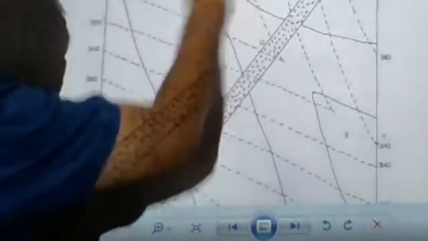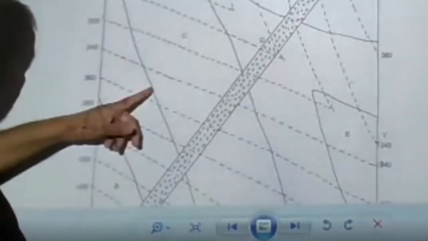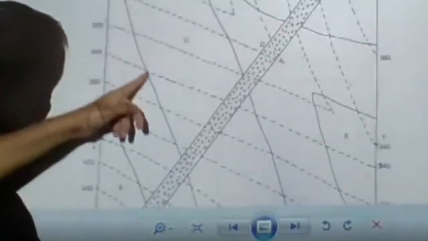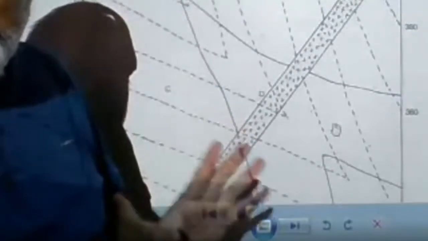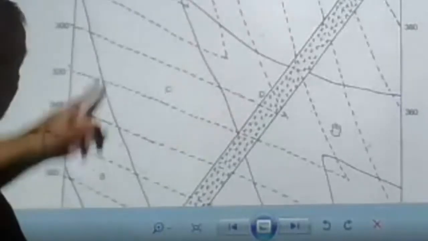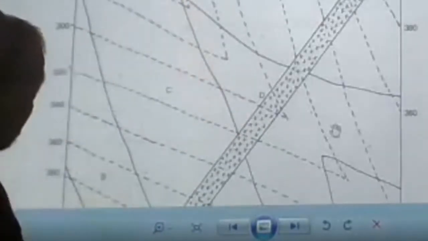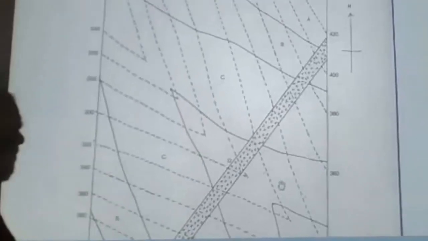Now next one, geology. I can see the names. A is written, B, C, D and E. But now what is happening in this particular map? The contour values are cut by the dark lines. You can see all dark lines are going to cut your contours. If such a map is there, then this type of map is called an inclined bed map. Earlier we have seen the horizontal map, and this is the inclined map where the contours are intersected by the dark line. So now here we have to find out 5 important observations.